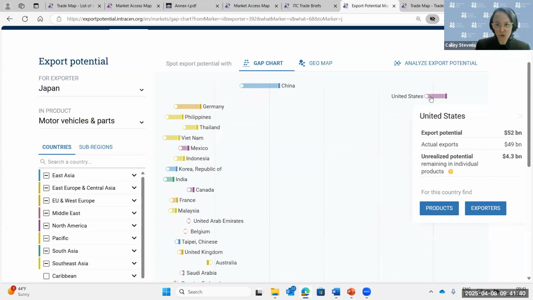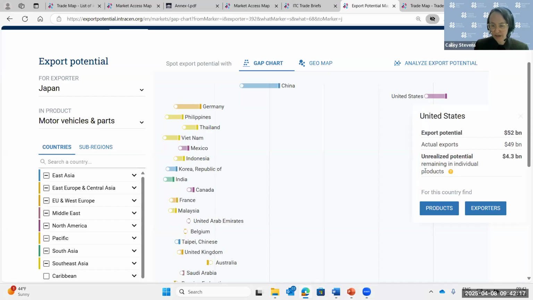Now, in the trade briefs, we have this partial equilibrium model, as I was mentioning, that models the effect of the change in tariffs. So what export potential would be in the absence of those tariffs and what export potential would be in the presence of those tariffs. So what is shown in export potential map currently is what export potential would be in the absence of those tariffs. So in the US market,